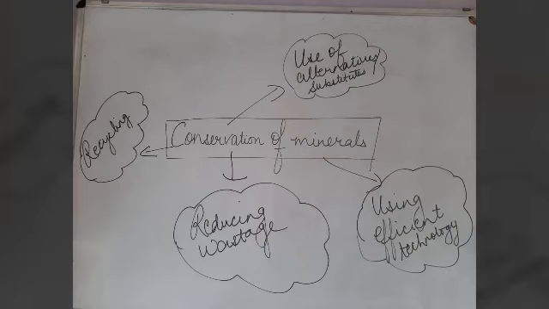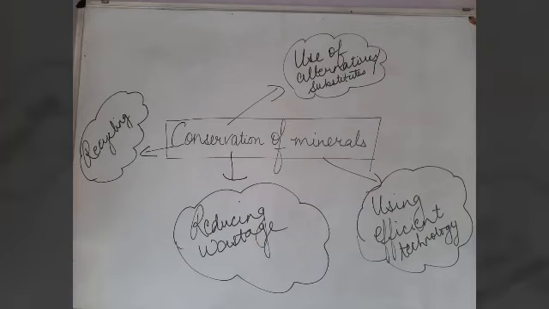So, conservation of minerals is the need of the hour, and it has various dimensions. Recycle the minerals and the metals, reduce their wastage, use efficient technology for optimum utilization of these minerals and metals, and find alternatives, substitutes of these minerals which are